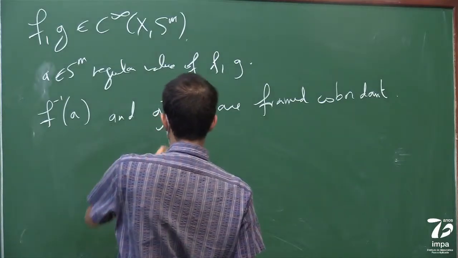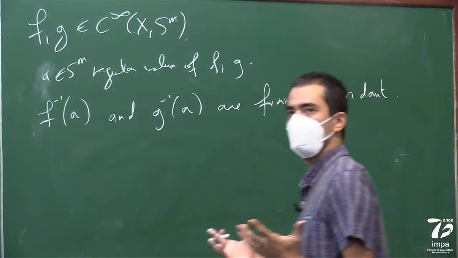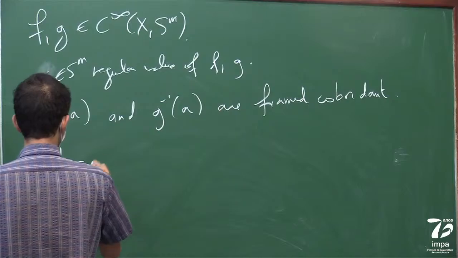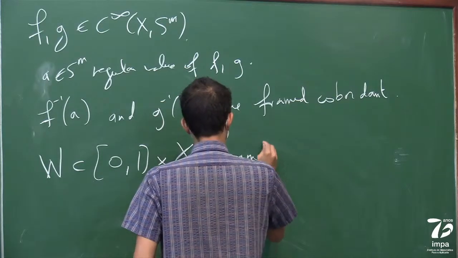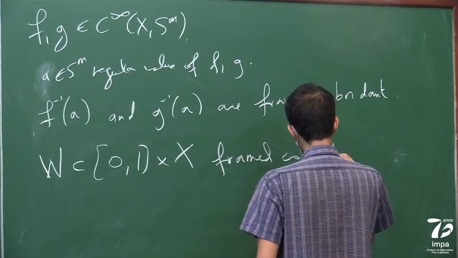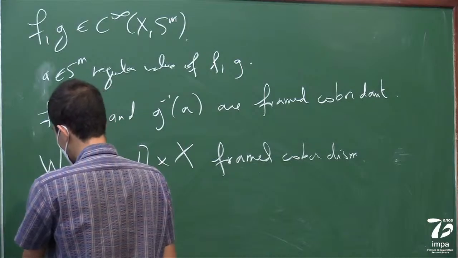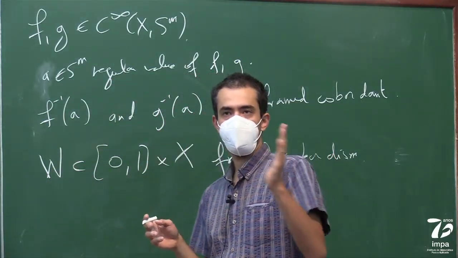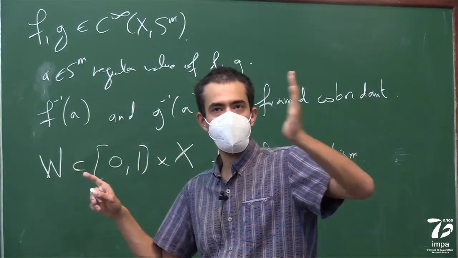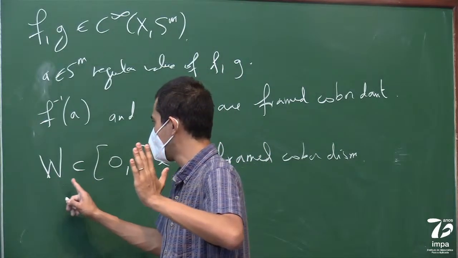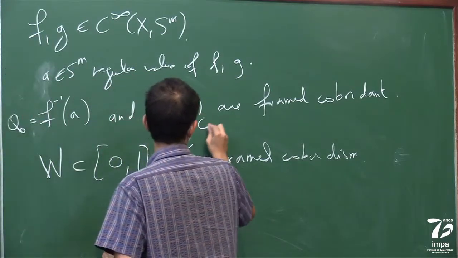Okay? So then I said, we know that these are framed cobordant. Let's pick the framed cobordism. So there is this W, which is in [0,1] times X. And this is the framed cobordism. And I said we're assuming the framed cobordism is cylindrical. So there's a very easy way, when you look at the normal bundle of W, that there's an obvious identification between the normal bundle of W and the normal bundle of this one and this one. Maybe let me call them Q0 and Q1. I think I did it last time.